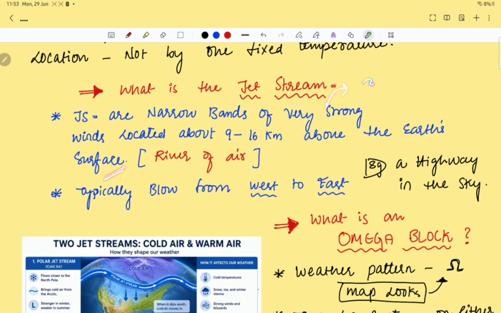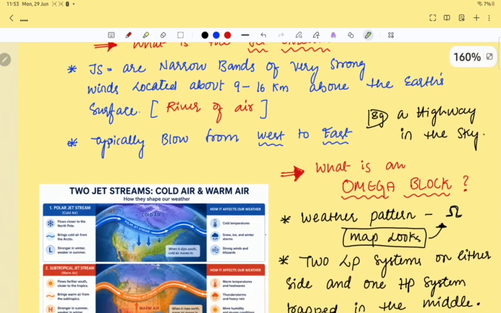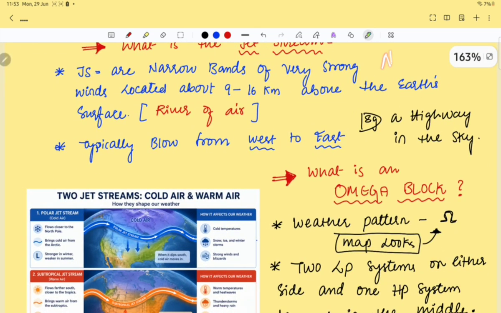Now here you need to revise the concept of the layers of the atmosphere. This is a most important concept. You should know it well if you are preparing for UPSC or state PCS. Okay, revise it now, please don't postpone.